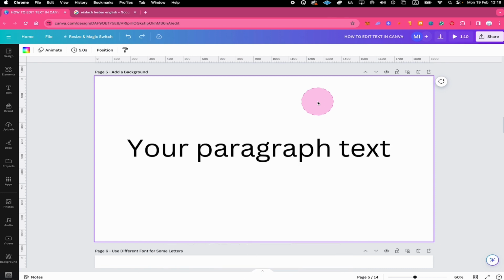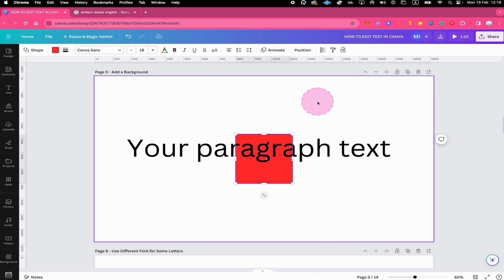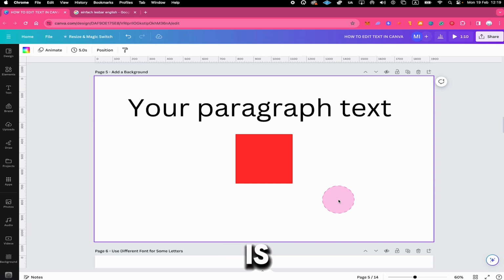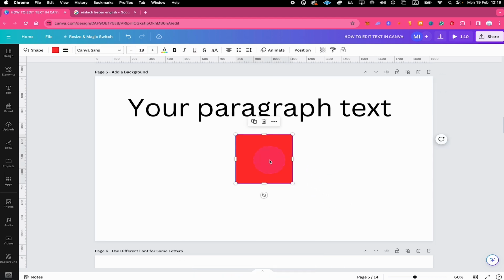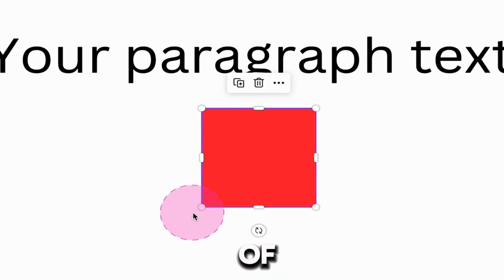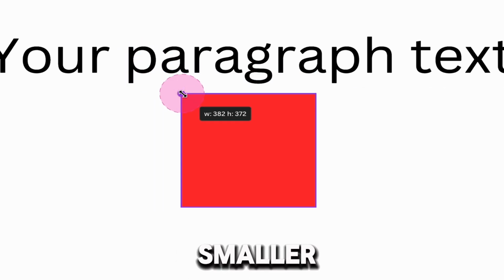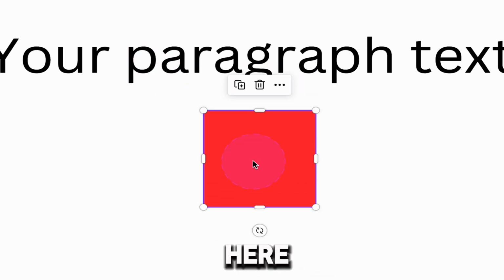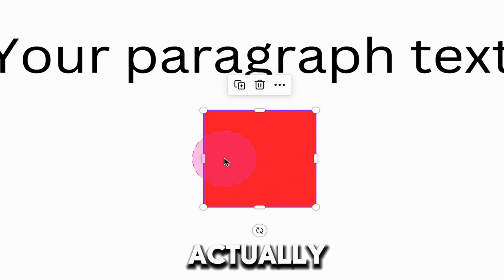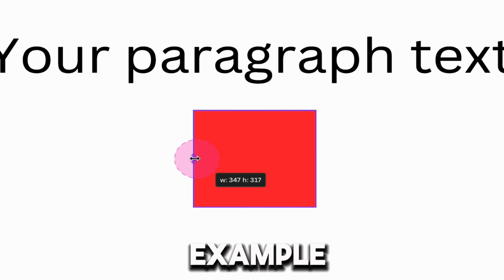Now let me also show you the second way to add a background to our text. First press R on your keyboard and this will actually add a square to our canvas. Now left click on the square to make sure that it is selected. And you will then see that you have all sorts of handles here around the square. We have already learned that these circular handles here are actually there to make an object smaller or bigger. And this is the same here for our square. However, here on the sides we also have these so-called bar handles. And with these we can actually easily increase either the width or the height. So if I drag this one to the left, for example,